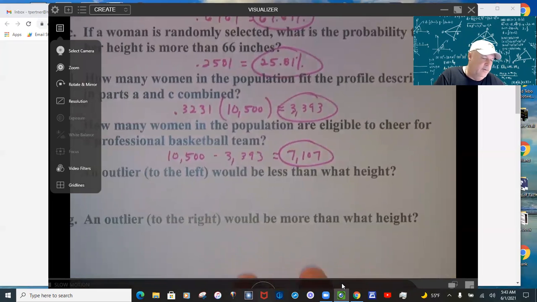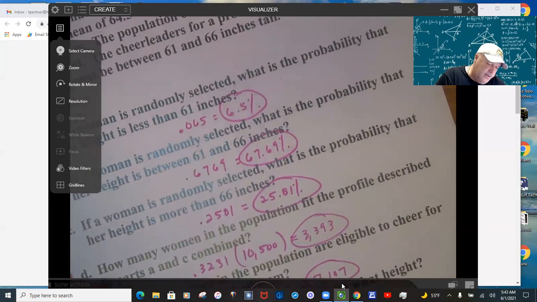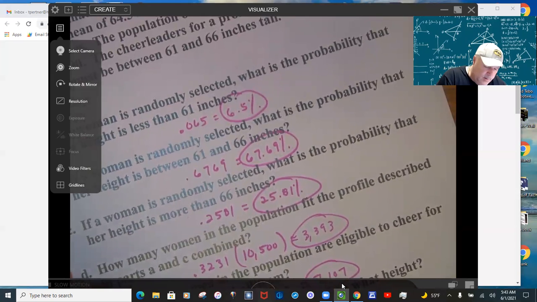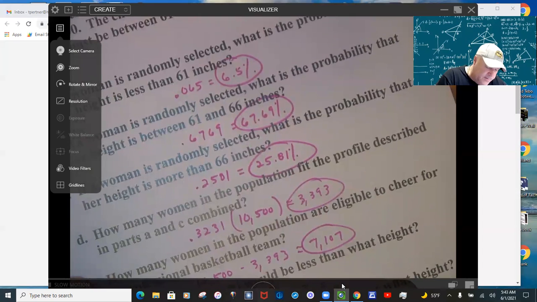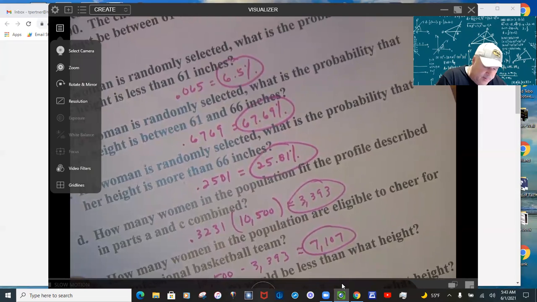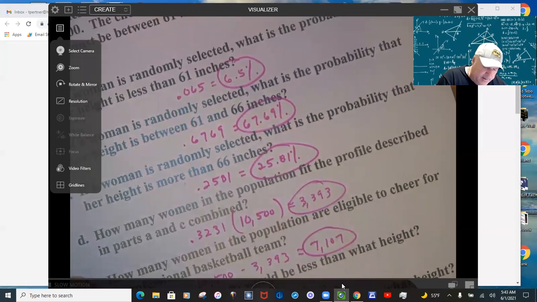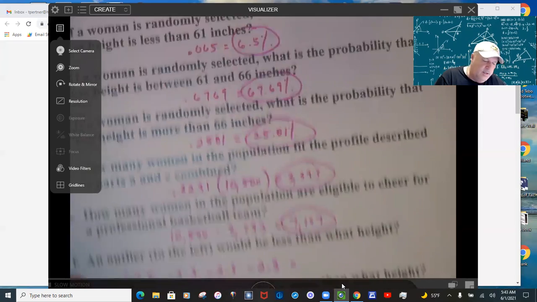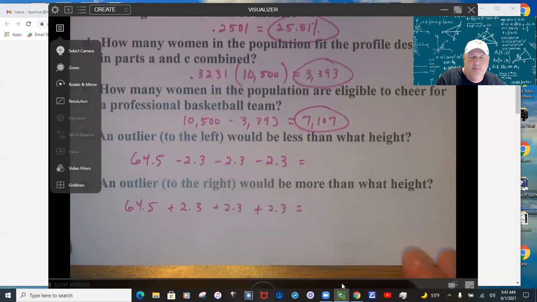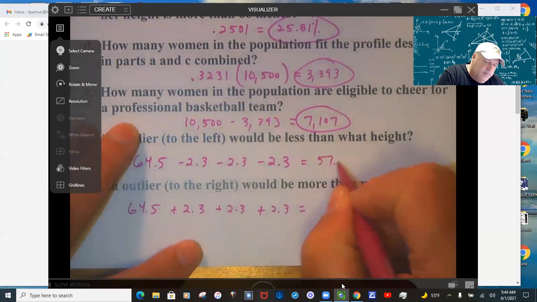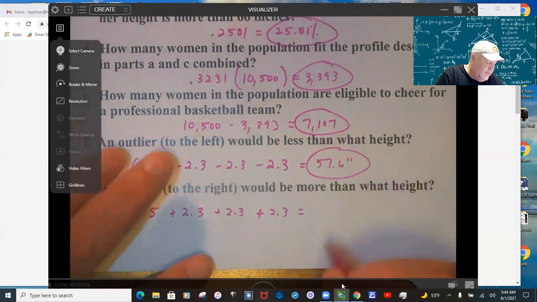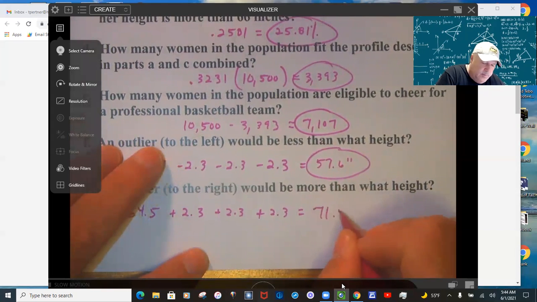So an outlier means that we subtract the standard deviation 3 times from the mean. That's essentially the purpose of standard deviation, is to be subtracted and added to the mean a number of times, depending upon the question. It all has to do with outliers in the empirical rule. So 3 times, so 57.6 and then 71.4